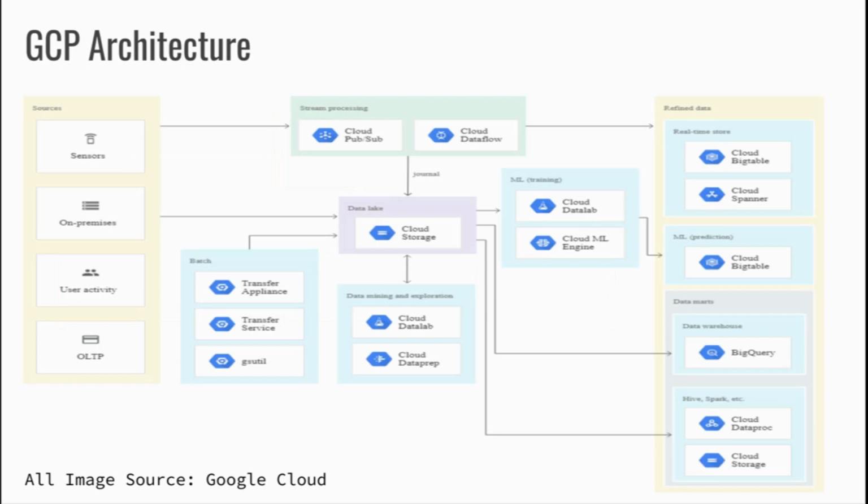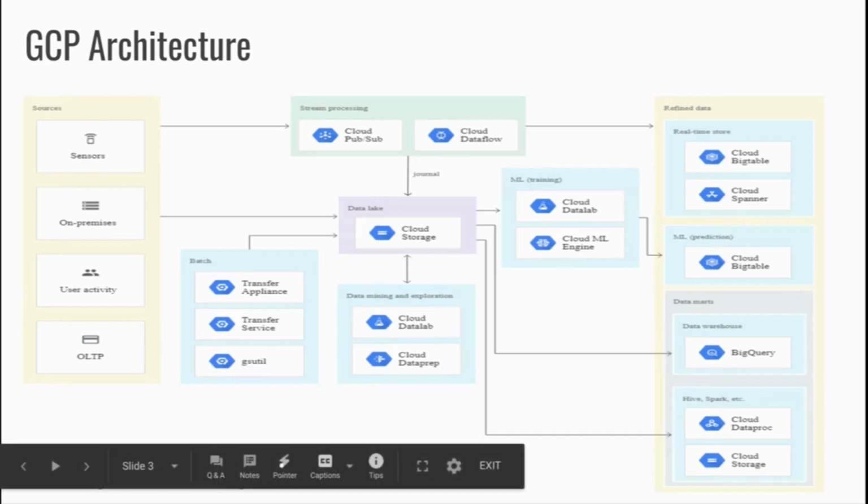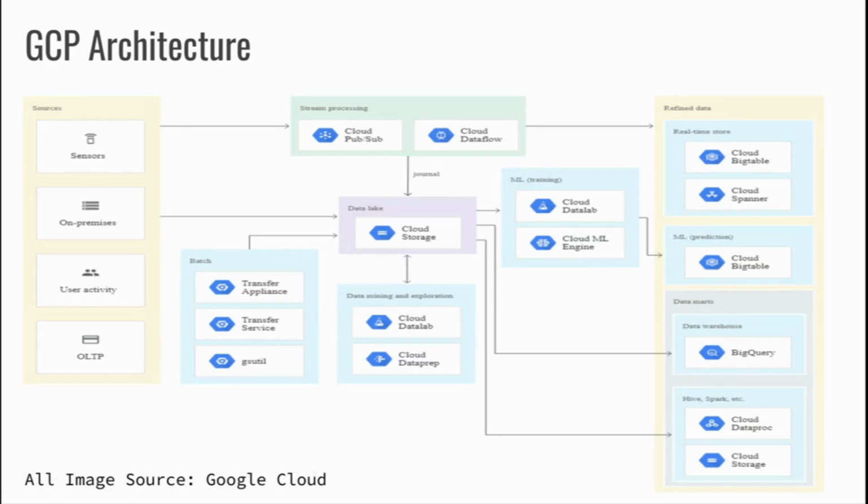Now, this is a simple architecture of data in a GCP platform. GCP is Google Cloud Platform, right? So if you see on the left hand side, we are ingesting data from various sources. It can be your IoT sensors, it can be your clickstream, which is the user activity, it can be your online transaction processing systems, which are running on your premise or any environment, or it can also be your other legacy systems. Now, the data sources are going to be the same irrespective of whether you are using your on-premise service or another cloud platform or any cloud platform.